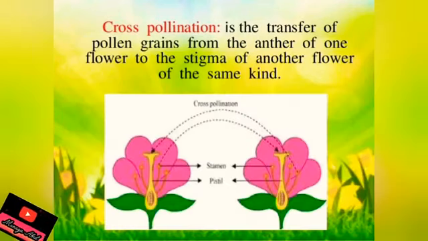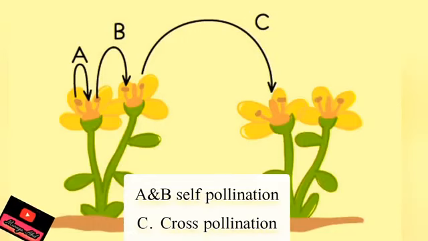Now we will see cross pollination, which is the transfer of pollen grains from the anther of one flower to the stigma of another flower but of the same species or same kind. Now here in this picture, arrow A and arrow B are showing self pollination and arrow C is showing cross pollination. Okay,